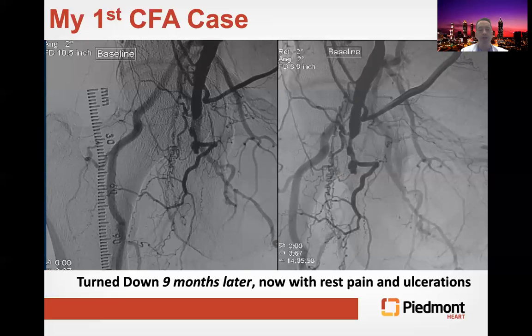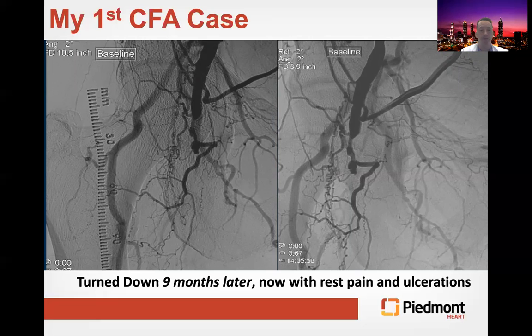Unfortunately, the patient developed cancer sometime after my referral, colon cancer. He was turned down for surgery. He was lost to follow-up and then presented back to me now 9 months later with severe ulcerations, extreme pain, and surgery, again, had no desire to intervene upon him at this point, secondary to his cancer, but also due to